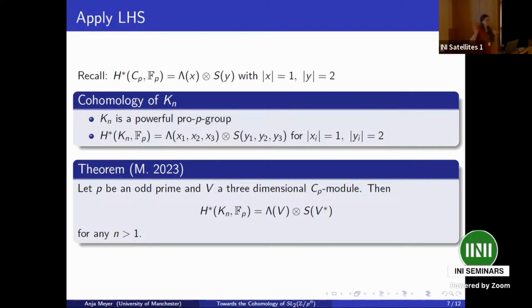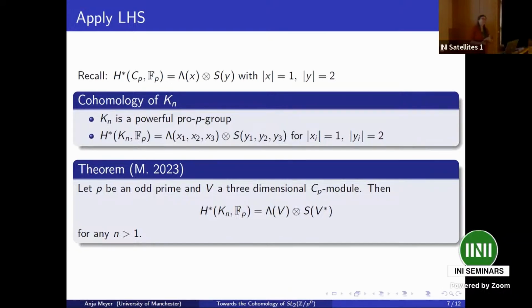So here we have the group action explicitly described, and it means in particular that the group action does not depend on our level n. And this is beautiful because with this, we can set up the E2 page of the spectral sequence for any n that we choose, because it's the same as for n equal to 2. And this is absolutely beautiful.